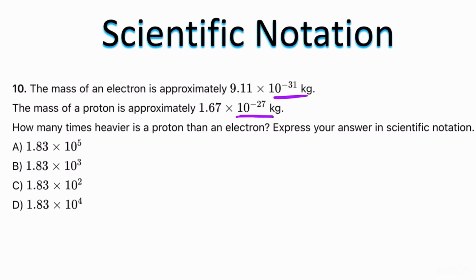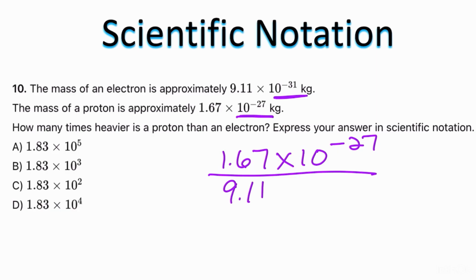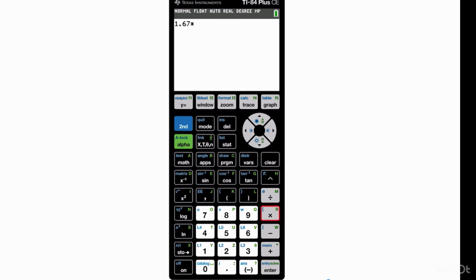So in this case, I'm going to have to divide 1.67 times 10 to the -27 power divided by 9.11 times 10 to the -31. Because it says how many times heavier is the proton than the electron. You can put this right straight into your calculator. 1.67 times 10 to the -27 divided by parentheses 9.11 times 10 to the -31 is going to equal